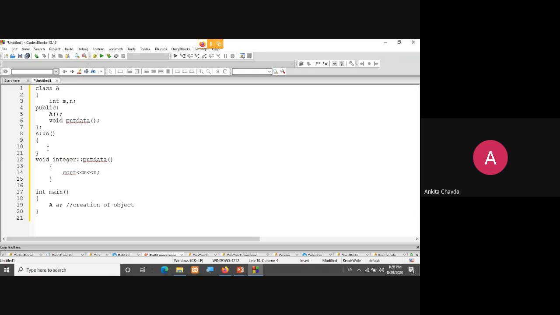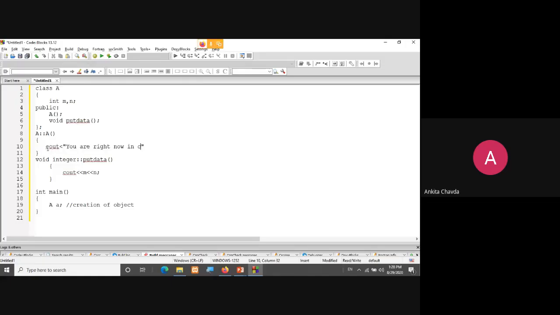Instead of that, I'll use the constructor for assigning, or you can even write some cout statement, like you are right now in constructor. Such a statement is allowed. But our main goal is to initialize our data members. This you have to remember. Fine.